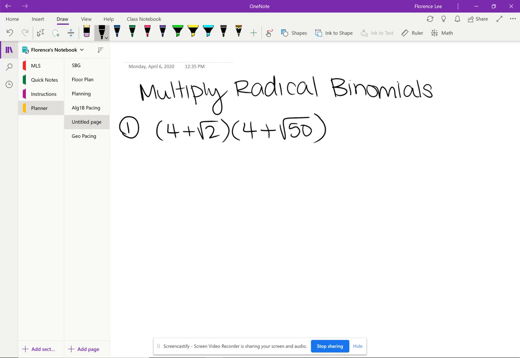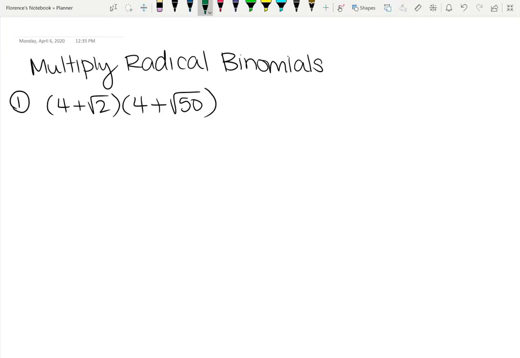All right, now that I wrote down my problem, we're just going to go ahead and do the math. In this case, when I'm multiplying, I notice that I'm going to be using distributive property. I have 2 things to distribute, so we are going to be double distributing. In other words, foiling, for some of you who know what foiling is. But I'm double distributing. So I'm going to take this 4 and we're going to multiply and distribute to both